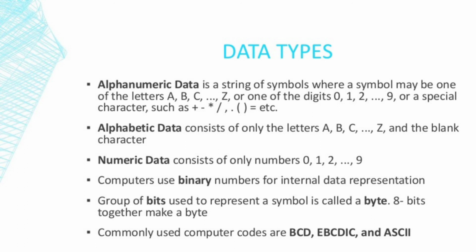And a few data types are used in the real world. Alphanumeric data: alpha means alphabets A to Z, and numeric means 0 to 9, and it will include the symbols also. A, B, C, D are of course there, plus the symbols which are listed here, and everything on the keyboard is part of this. When we talk about pure alphabets, we mean only alphabets A to Z and the space in between, because to write a full name you need a space in between. So the alphabet data type is different and the alphanumeric data type is different. Don't get confused between these two.